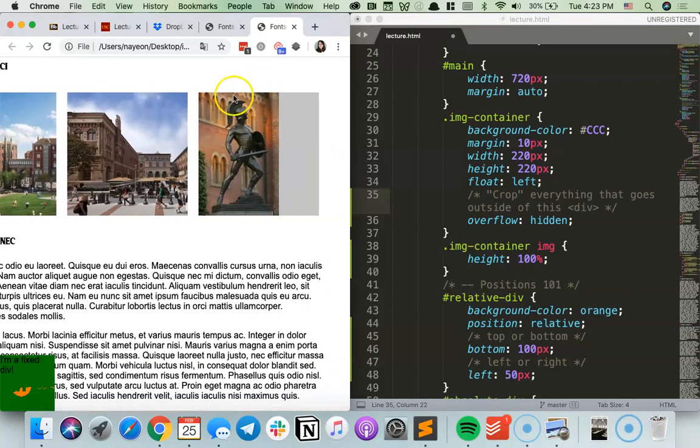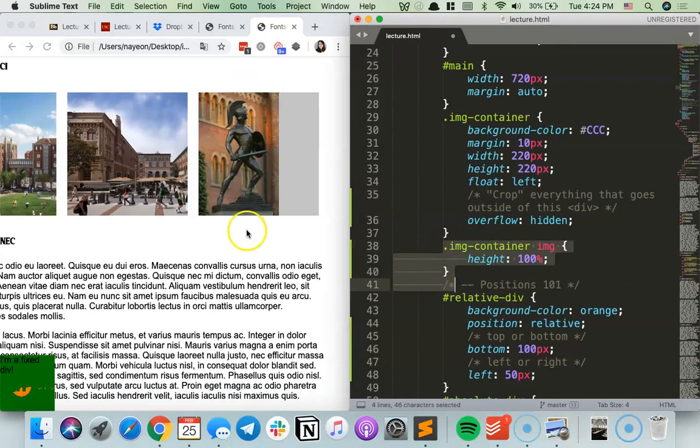There's a problem with this one though. This is a portrait image. Portrait images are really tall. So notice how for this image the height is 100% here, but we have some leftover gray area. How do we fix that? For these images,